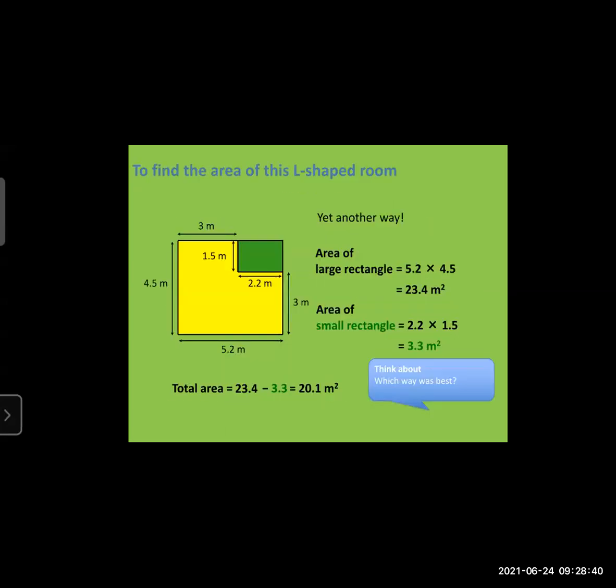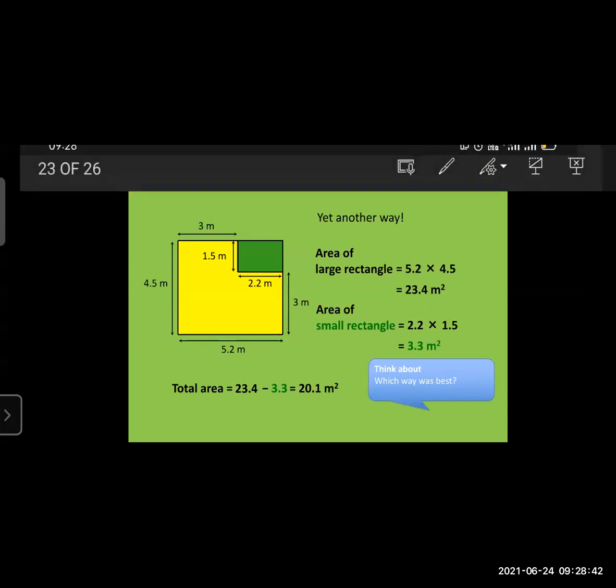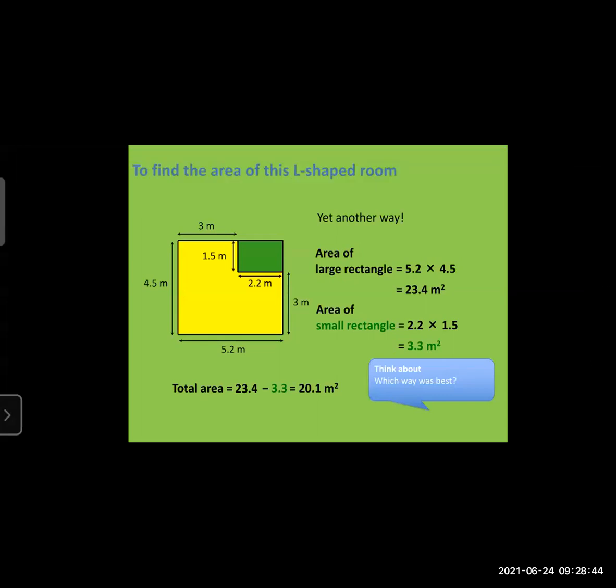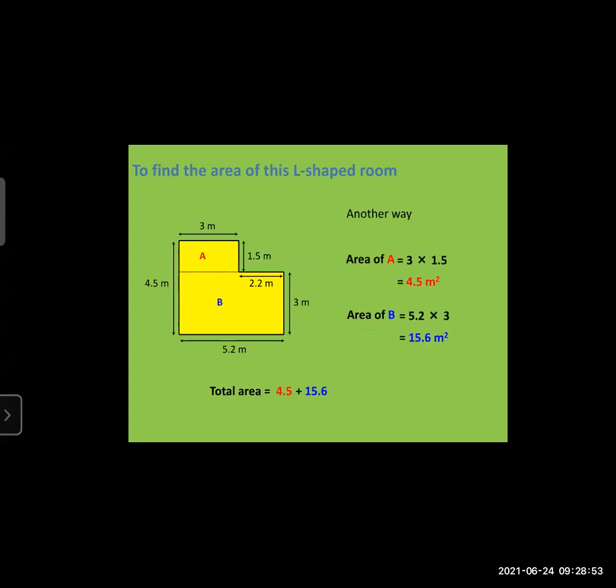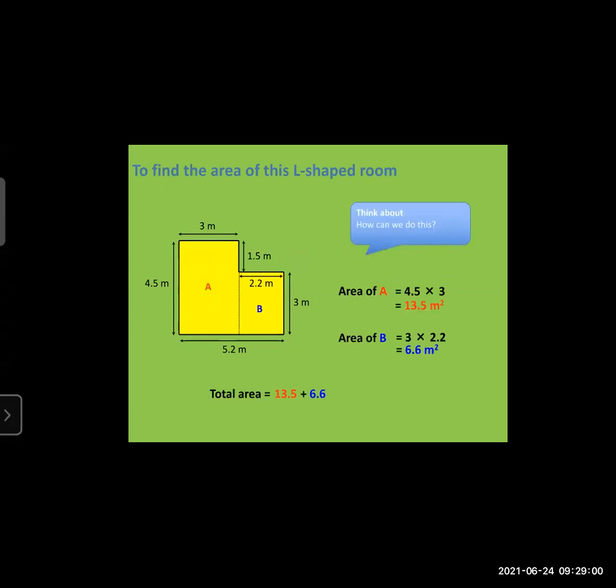Okay, students, I hope you understood here the area and perimeter of any shapes. So here we consider one L-shaped room. Okay, we find their area in three ways. First, we divide the figure vertically. Then we get two parts, A and B. First, we find the area of A and then B. And for the total, we add A and B.